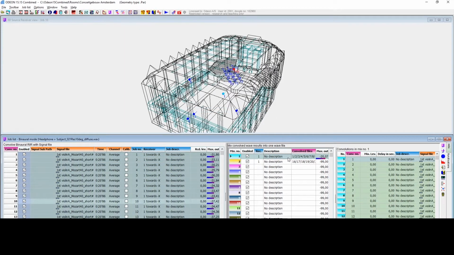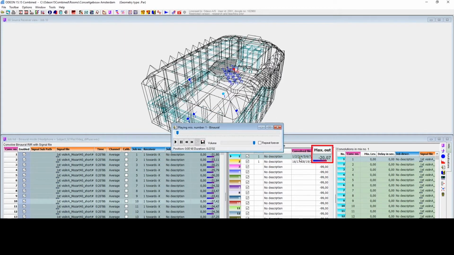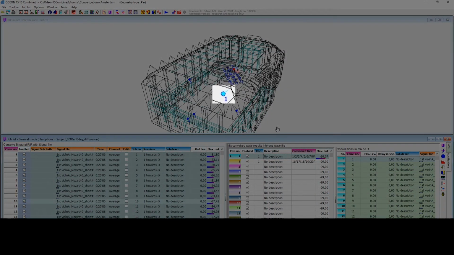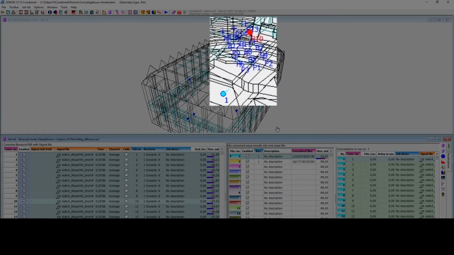Now we have the output, and I want to play it for you. It's minus 20 dB, so you might change that. So you were sitting in this position and listening to all the violinists up here, and indeed it does not sound like a single violin, it's a violin group, which is a very nice feature of this audio effects tool.